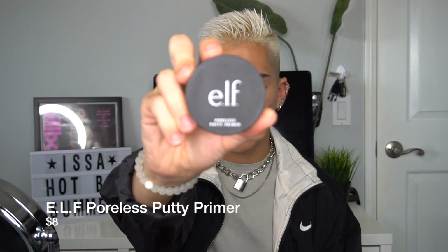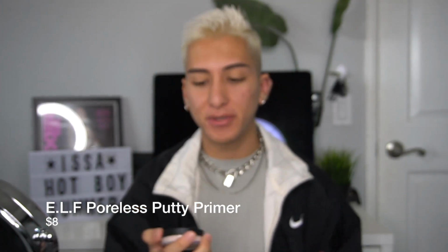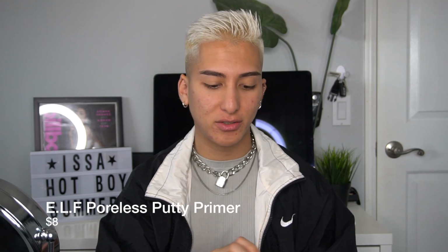The first product that we are going to use is primer. I really like this E.L.F. Poreless Putty Primer. It's supposed to be a dupe for the Touch whatever. It's really good. I really like it. I feel like it makes your makeup stay in place,